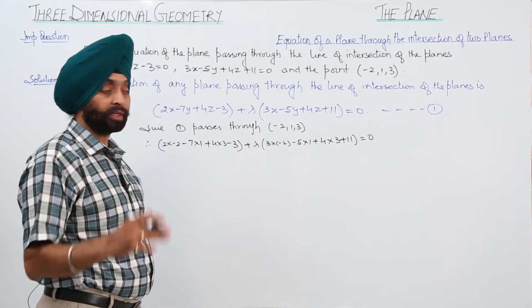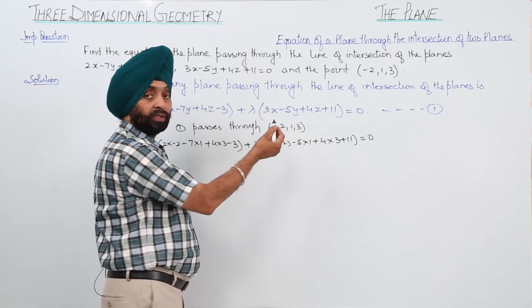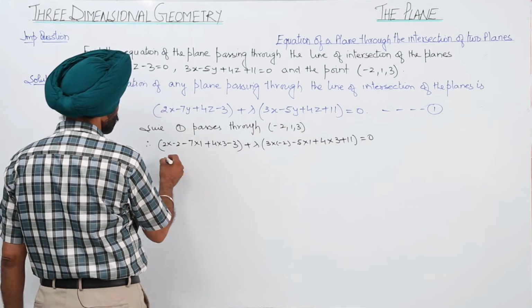In place of x, y and z, we have put the values -2, 1 and 3. Now, this becomes